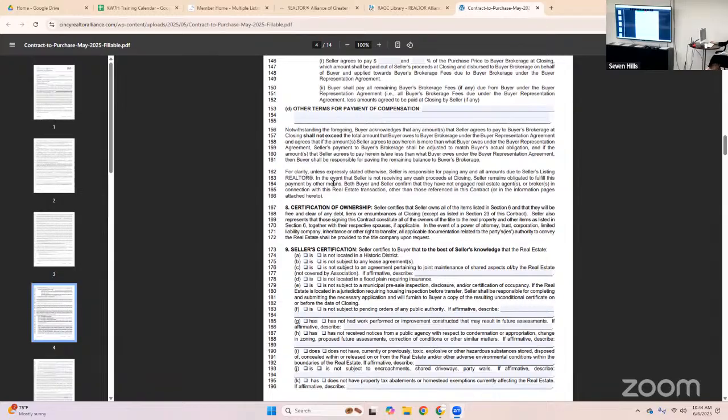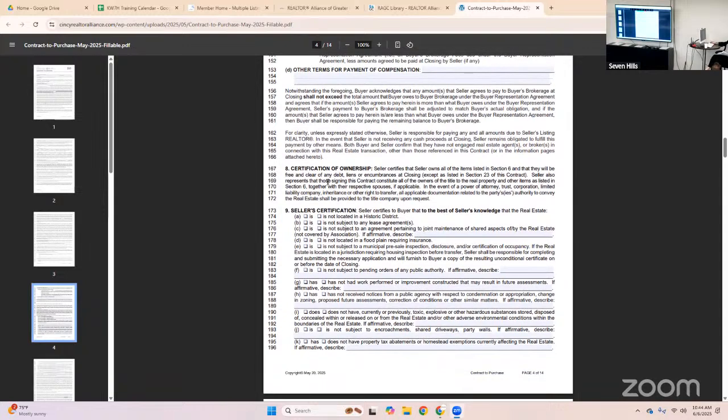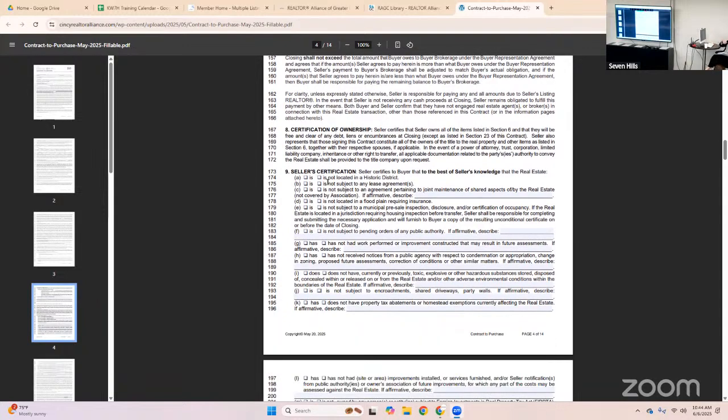So we're pretty clear on what it says. How that would be interpreted in a court, I have no idea. This is a brand new contract. The verbiage is different. It wasn't written like that in the old contract, so it's relatively new. So we don't know where that might go.